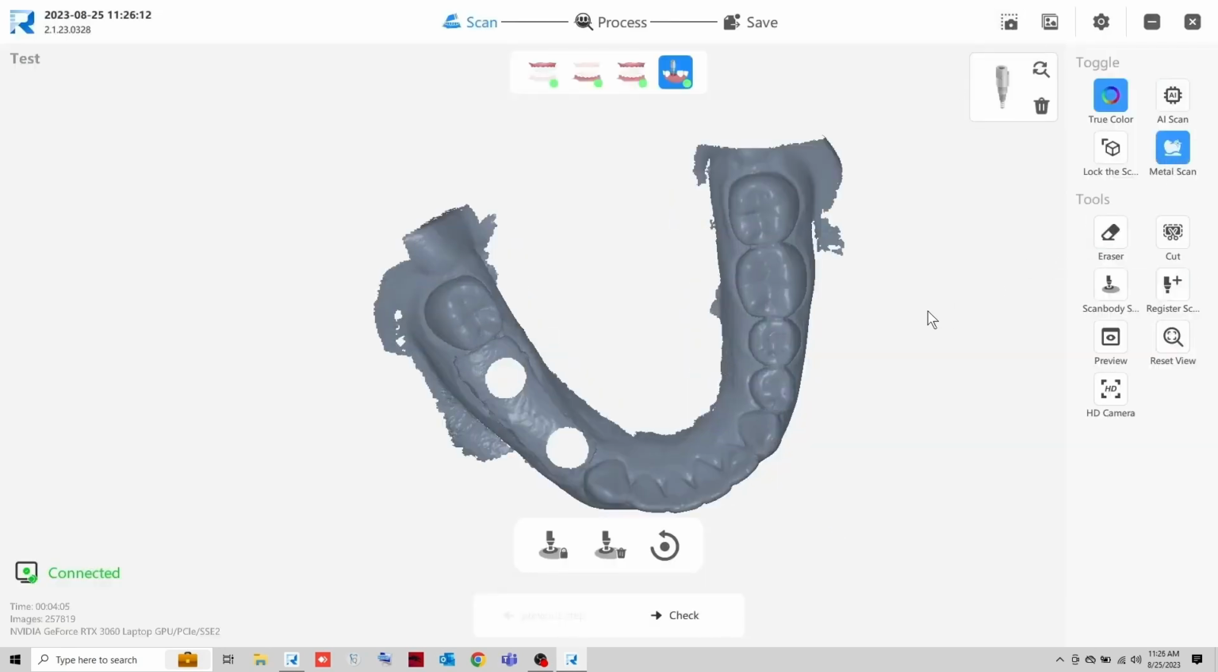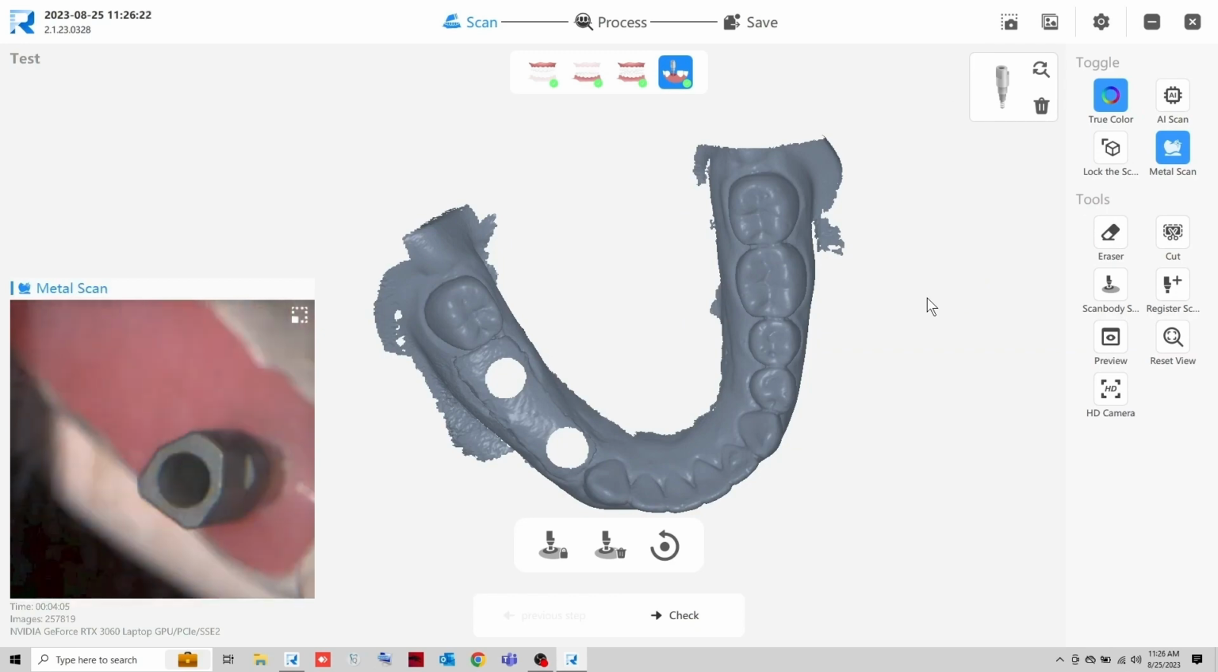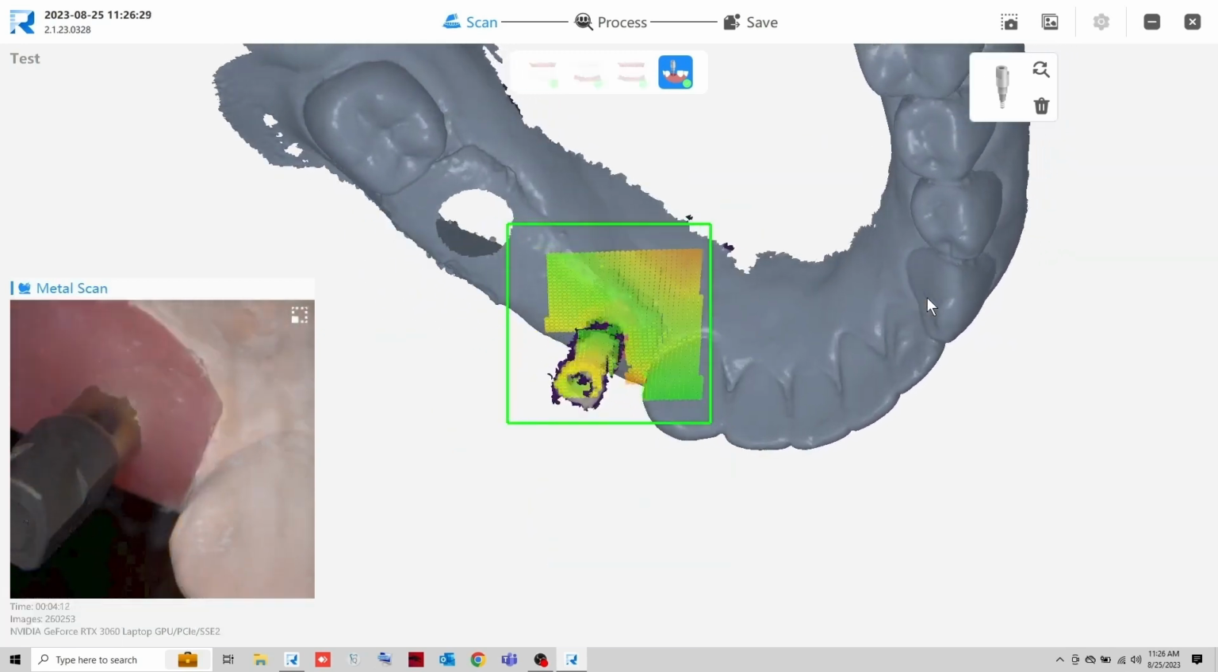Turn on the metal scan function as needed. Start your scan. The software will automatically